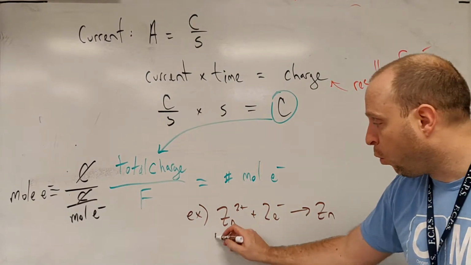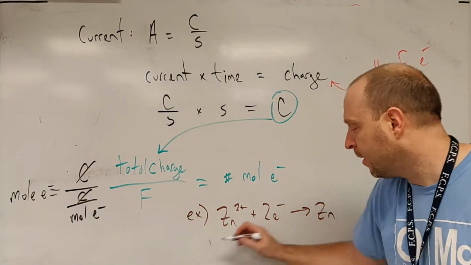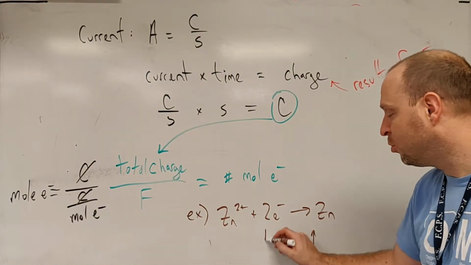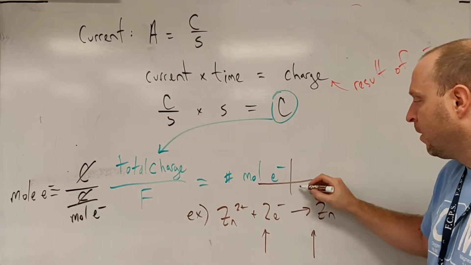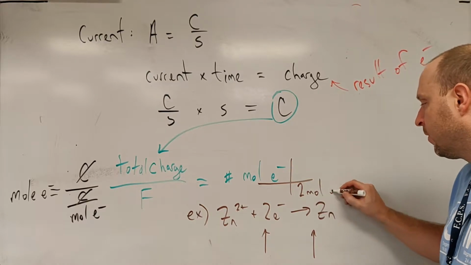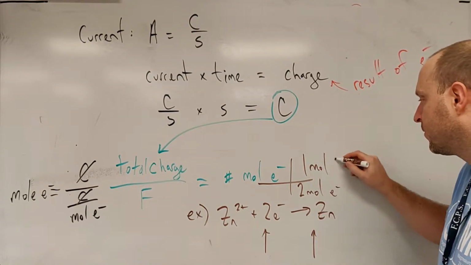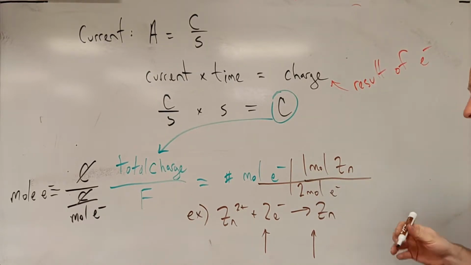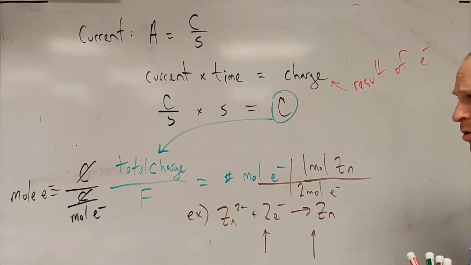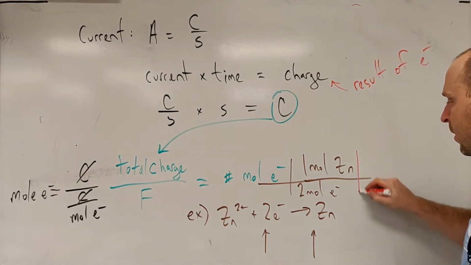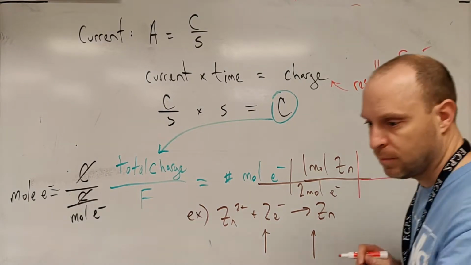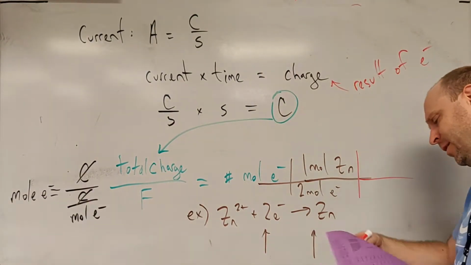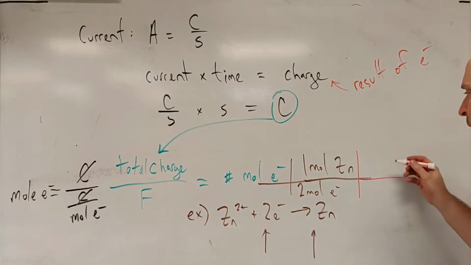We would have a 1 to 2 ratio there, and we could say for every 2 moles of electrons, there's 1 mole of zinc. And that would get us moles of our species, and then usually at the end we would sneak in a molar mass to get us to grams of our species. And for zinc, the molar mass happens to be 65.39